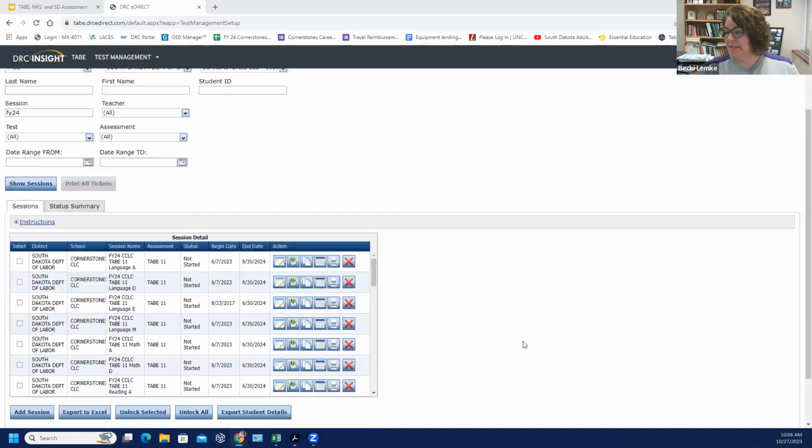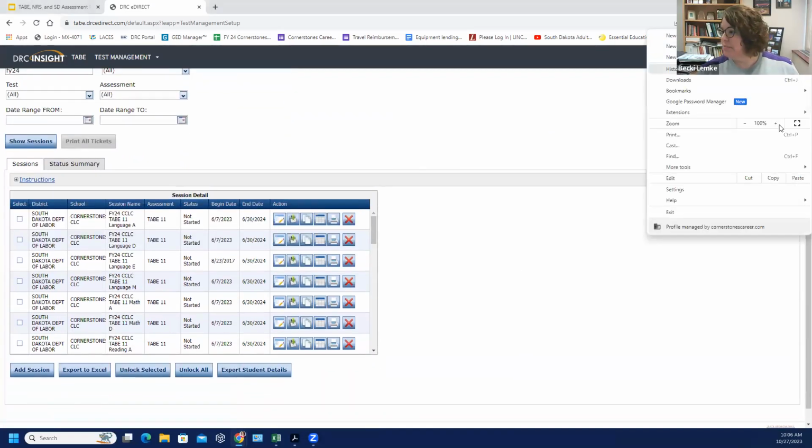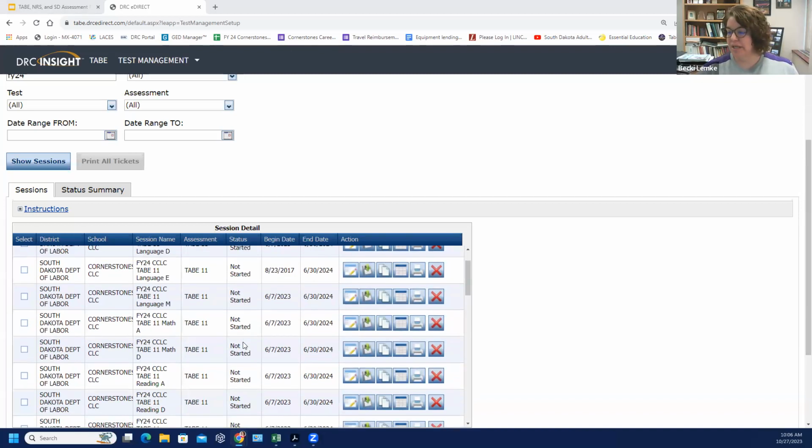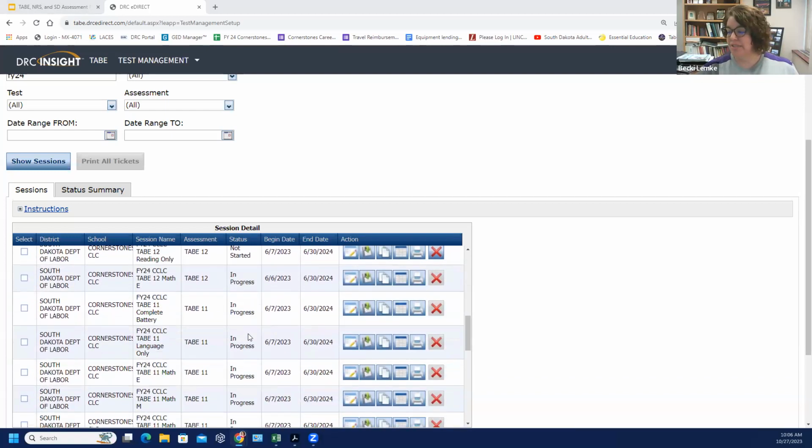On all of your test sessions then, again, I'm going to try and bump this up a little. You can see on all of your test sessions, you'll have a status column that shows whether or not those test sessions have been started. If the test session says status started, it means that somebody in that test session, or if it says in progress, somebody in that test session has started taking tests in there, right? So if you've got that in progress,